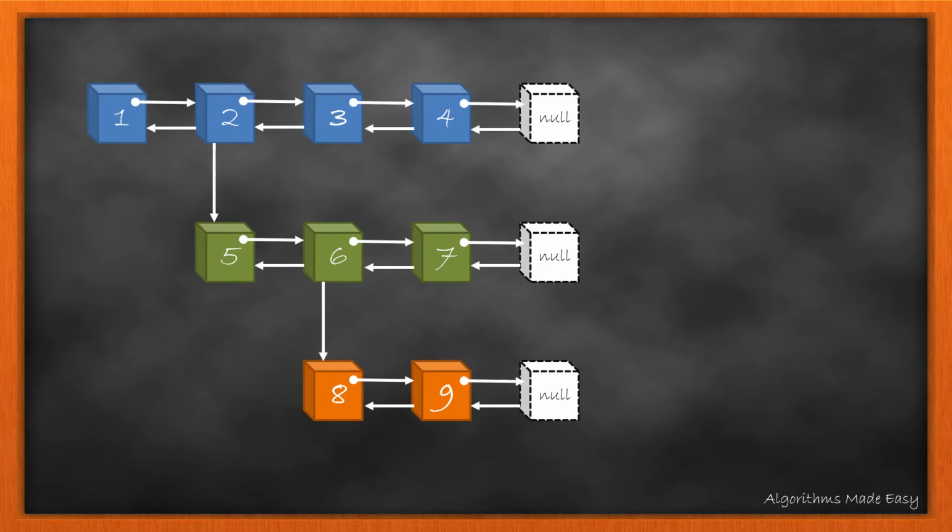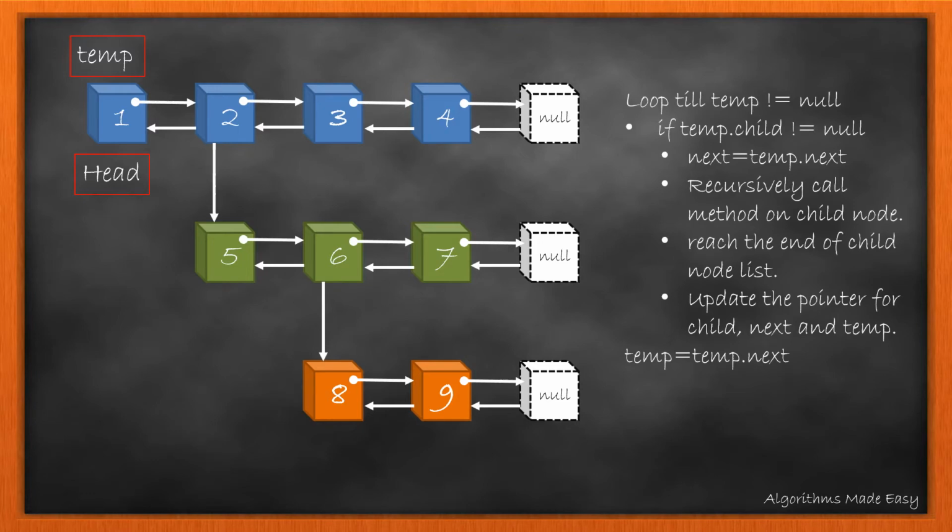We will take this multi-level linked list as an example. We are given the head of the linked list. We will initialize a temp variable with the head of the linked list. Now we will loop till temp is not null and perform the following operations. We will discuss them as we encounter them. On a high level, we just need to focus our attention when the temp has a child link, otherwise we simply need to update it to the next link.